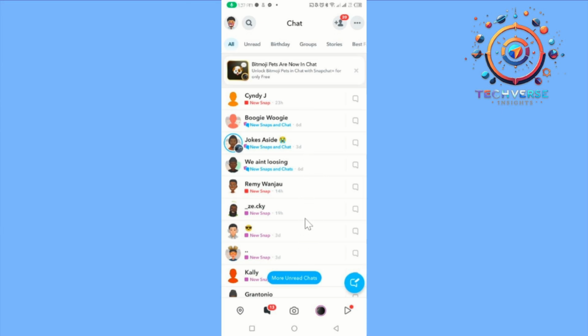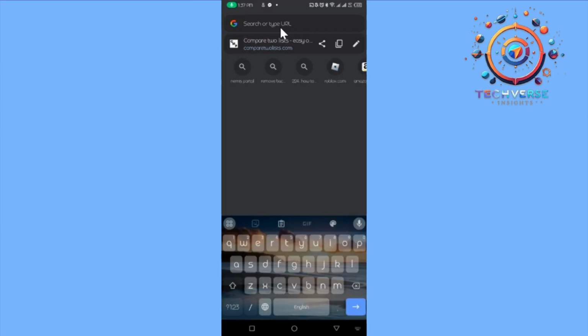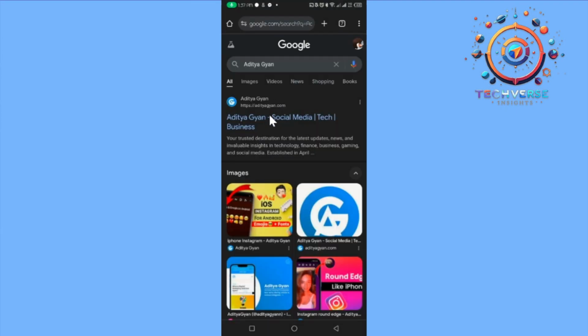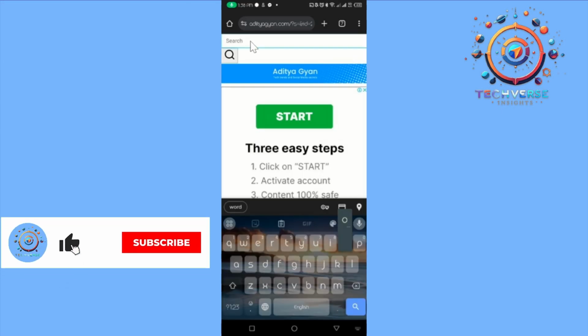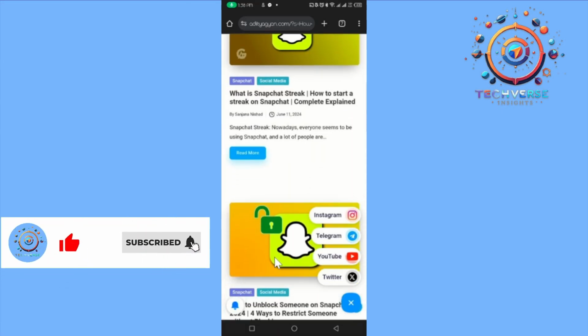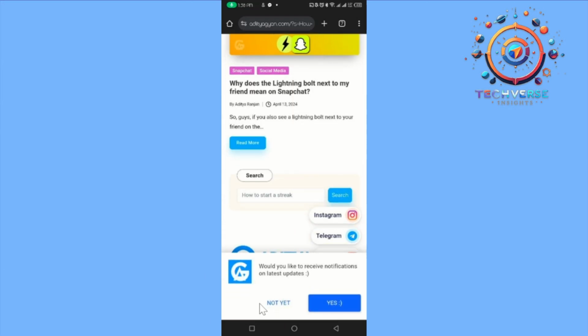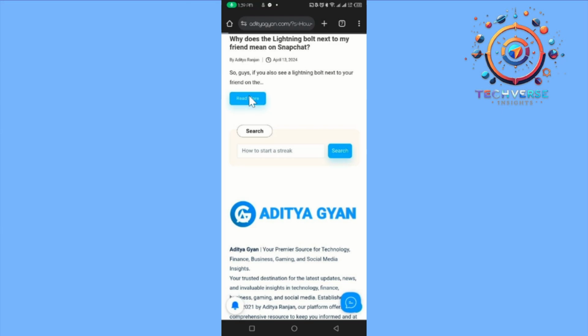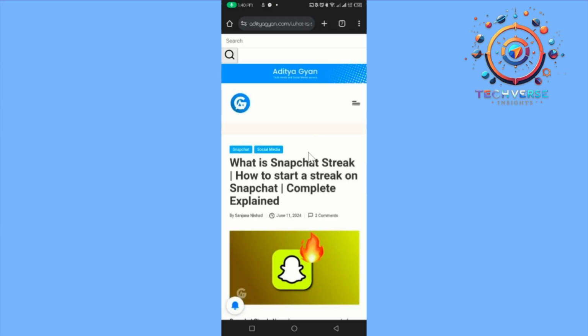But in the case that you do not have, I would suggest that you head on over to your web browser and search for Aditya Gyan. You're going to tap on this website, and from here you're going to search for how to start a streak, and from here you're going to scroll down until you see an option that he has called a form. Here at what is a snap streak, tap on read more,